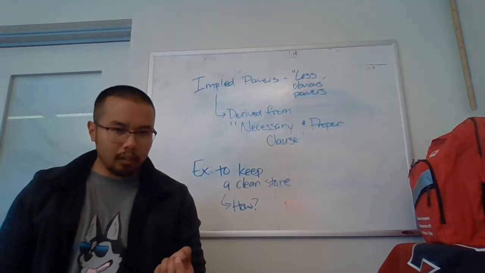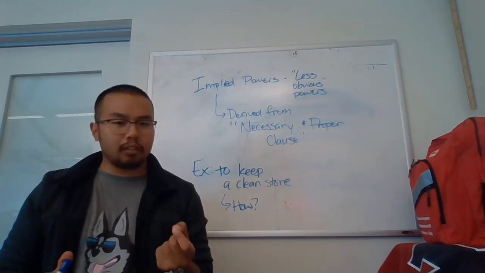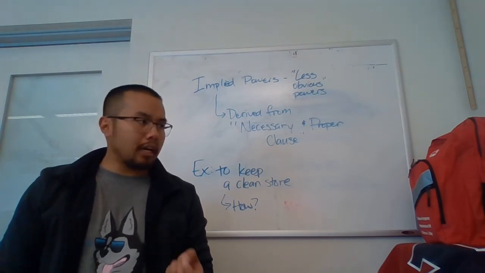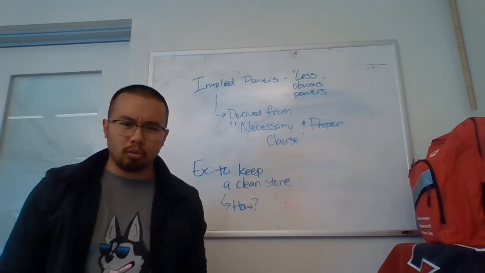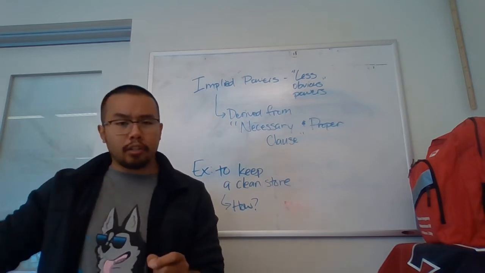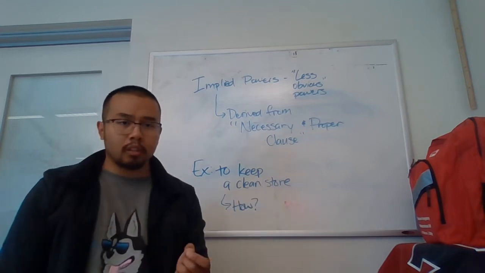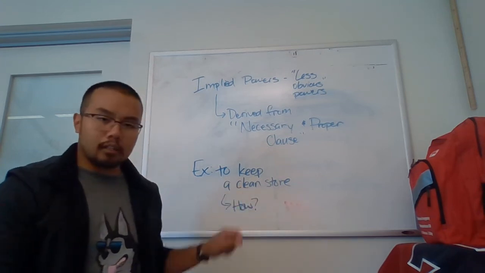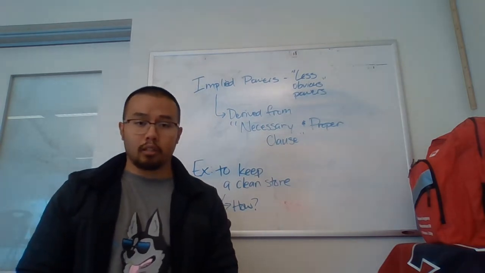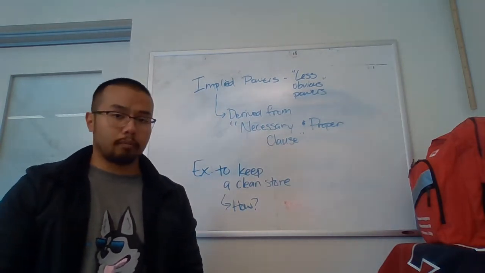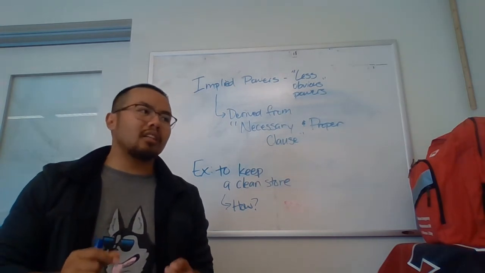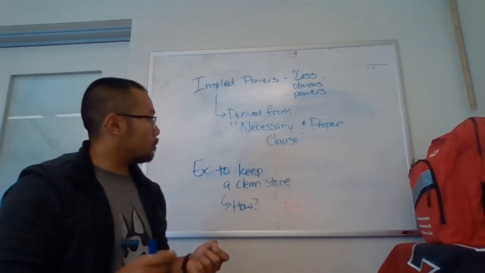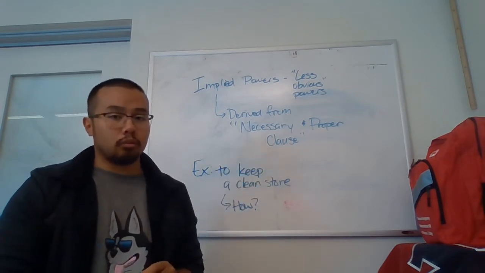Right? Does that mean I can borrow $50,000 from the company in order to buy mops? Does that mean I can order anything I want off of Amazon to decorate the store? Does that mean I can hire other people to help me keep a clean store? Right? And so if something comes up, right, you can always just point to this thing and say, well, you said I have to keep a clean store, and that's what I did. That's what I'm doing. Okay. That's kind of to give you an idea of how sometimes it can be questionable when people say, well, it's necessary and proper to do my job.